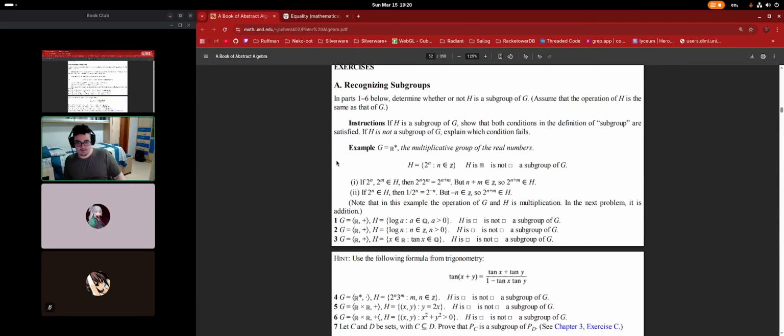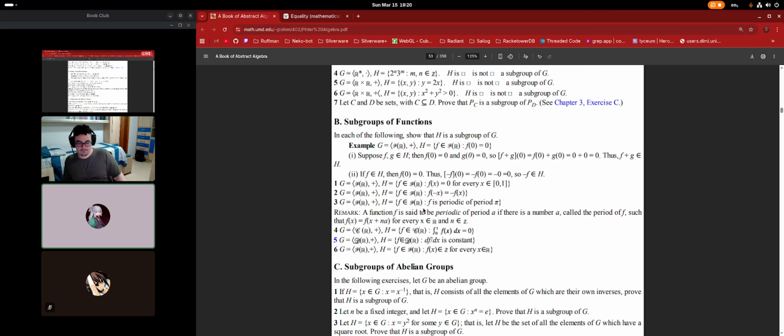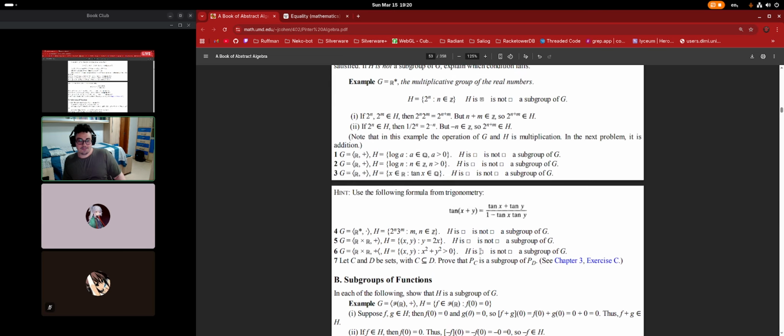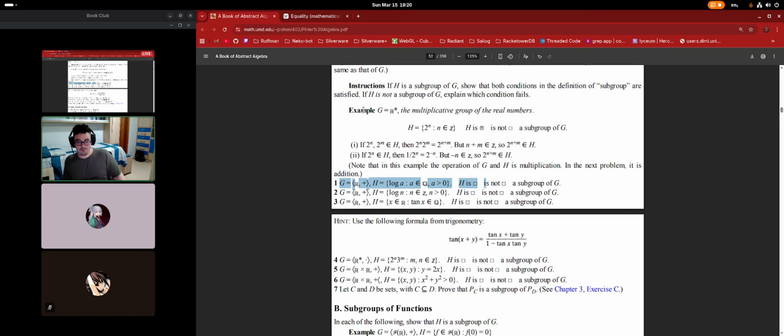Wait, you say group A, you mean recognizing sections? Subgroups? Yeah, section A is kind of interesting. Section B is kind of boring because it's kind of the same thing as A, but with functions, and they are more annoying. Okay, I did A1. Let me actually